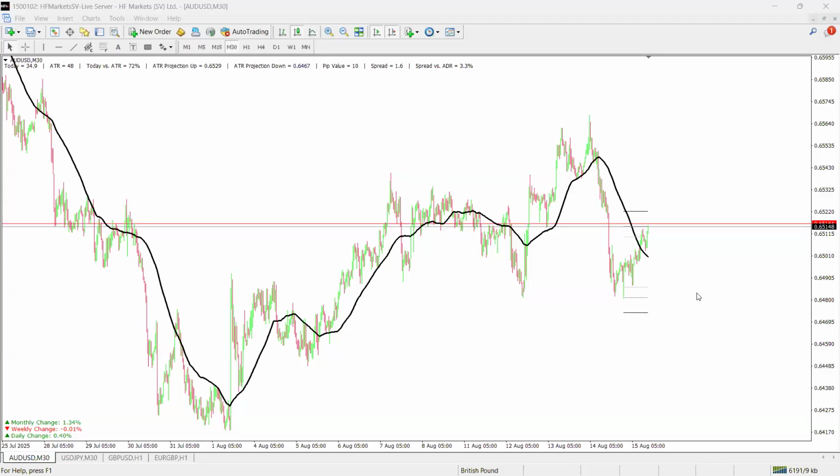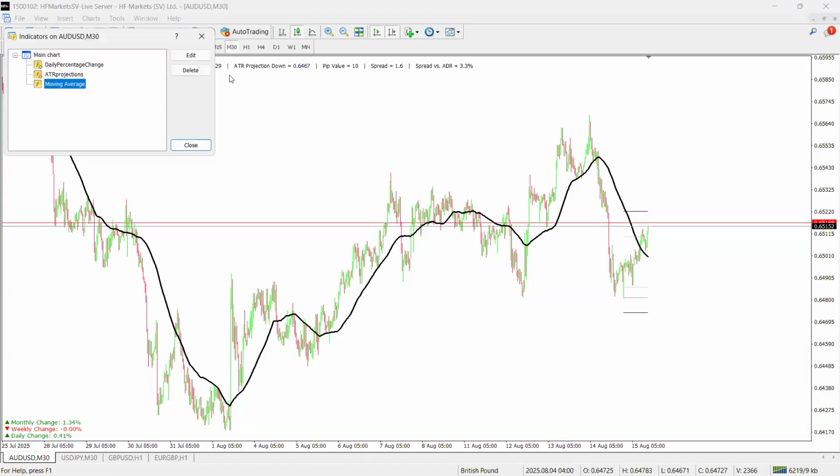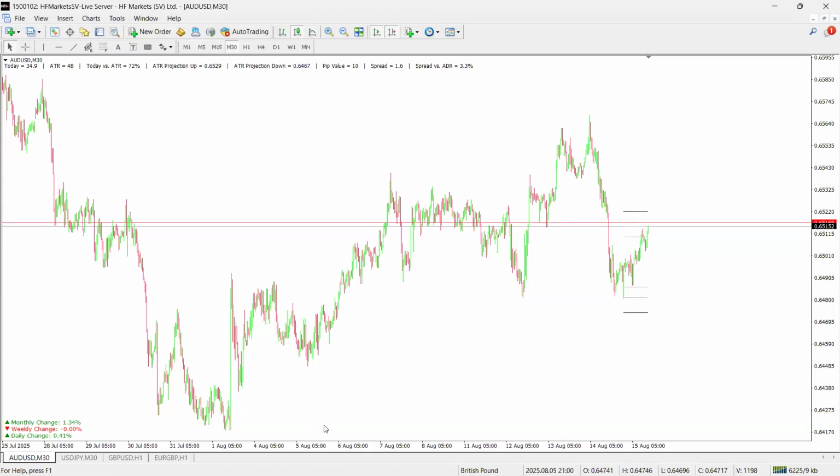So I'm going to start from the very beginning, and I'm just going to remove this so that we can get on the same track, especially for those of us who don't have any knowledge about what a moving average is all about before we even get talking about the crossover. So firstly, what is a moving average? A moving average is simply an indicator in the market that helps you smooth out the noise from price